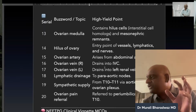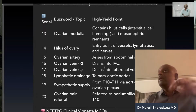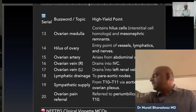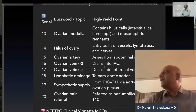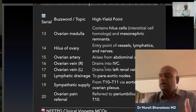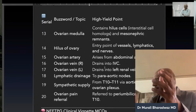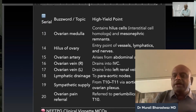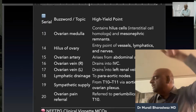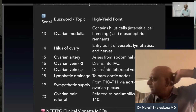The venous drainage is called gonadal vein. So this gonadal vein on the right side directly drains into IVC, but on the left side it drains into the left renal vein, and the left renal vein drains into IVC. The testis has the pampiniform plexus that drains into the gonadal vein. On the right side, it directly drains into IVC, but on the left side it goes and drains into the left renal